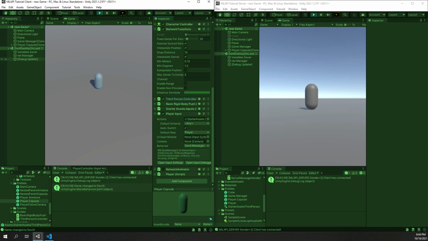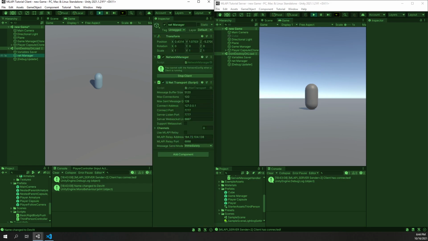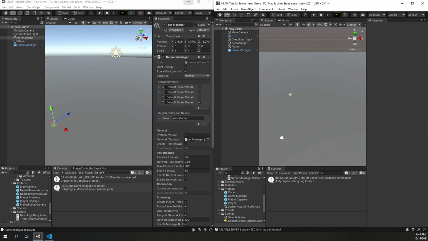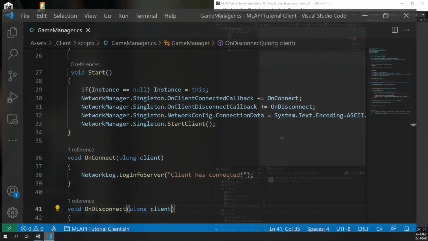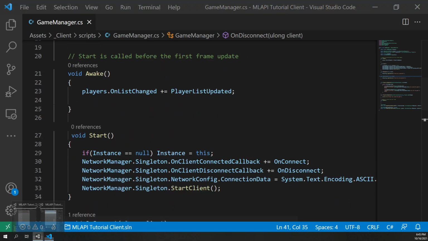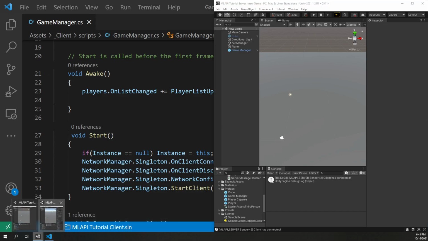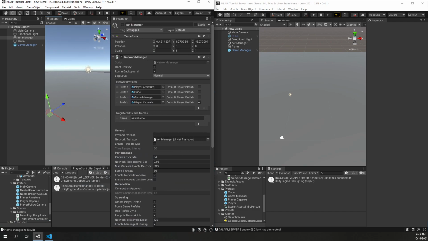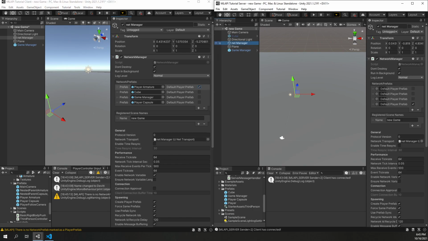But in our net manager here, we can stop the client. And there we go. Oh, that's annoying. All right. So, I guess that we could show how. All right, so here, sure,